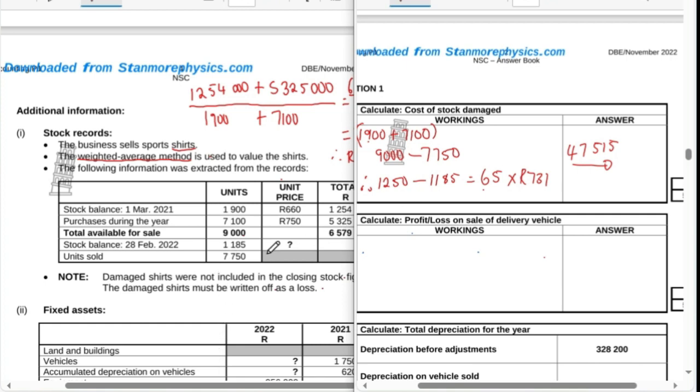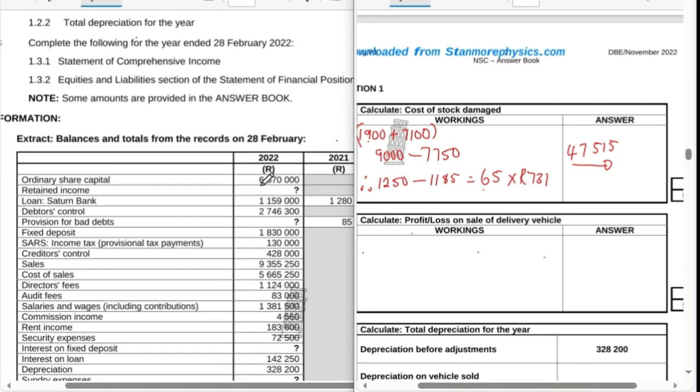And then stock that is remaining in the business compared to the stock that was supposed to be in the business, that's where you are going to be able to define that you have a deficit or a surplus. And then guys, let's continue with our